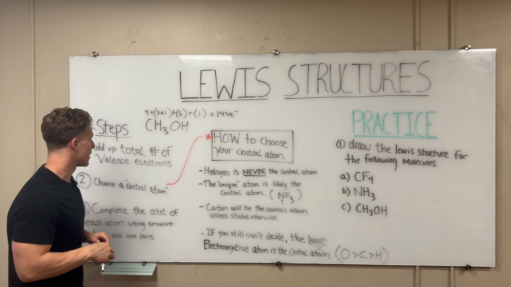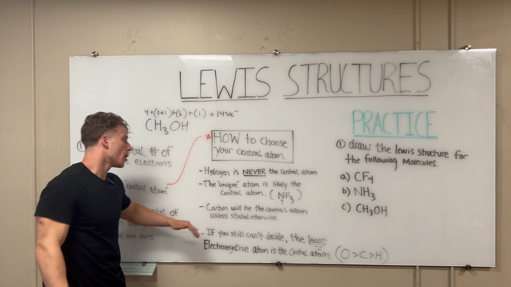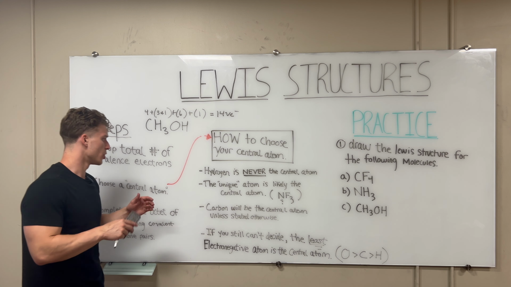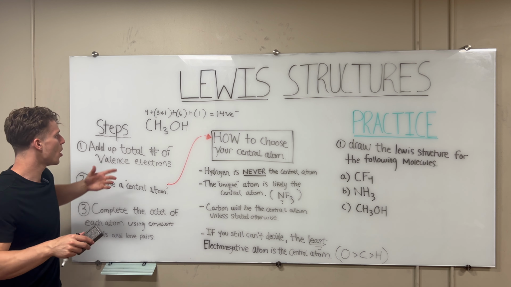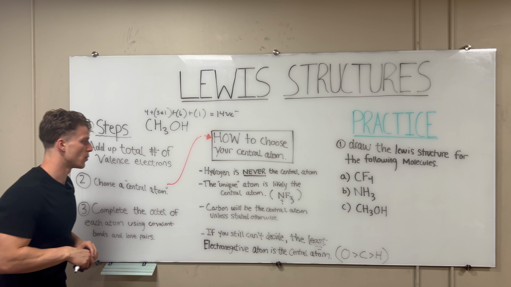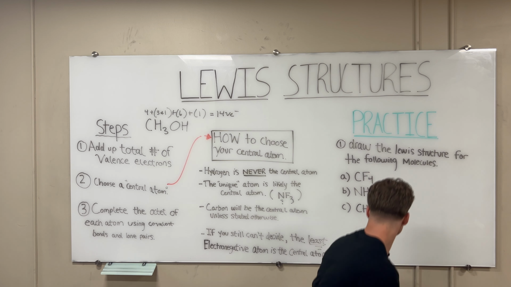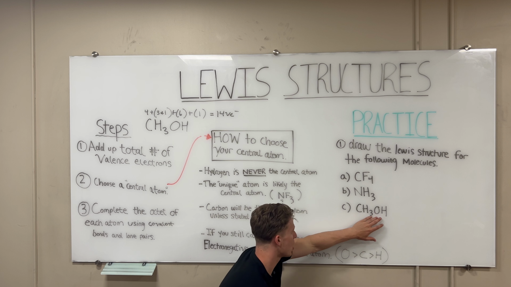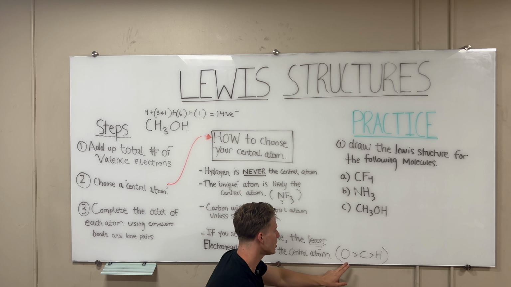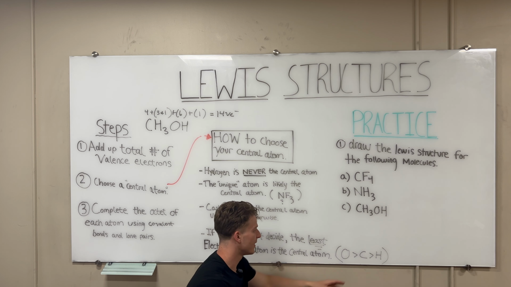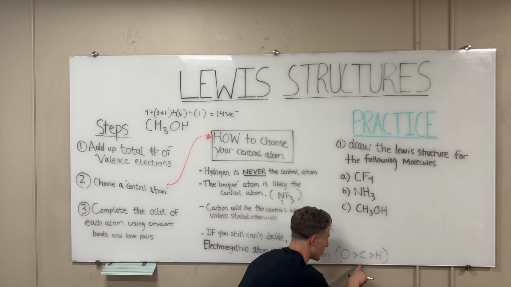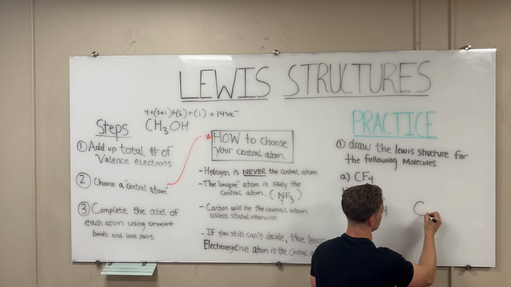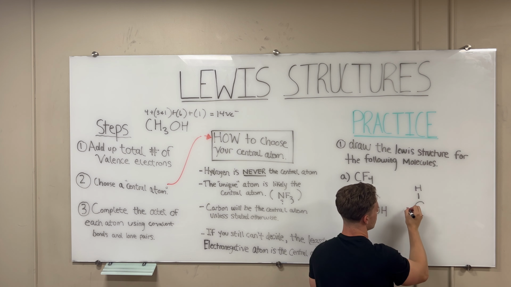So let's choose our central atom. I'm going to use the tip that carbon will be the central atom unless stated otherwise, right? It kind of points to the fact that carbon, if it's in a molecule, we're going to put that in the center and see where we go from there. So let's put carbon, right, and we know hydrogen's never going to be the central atom, right? And if we're confused between oxygen and carbon, well, oxygen's more electronegative than carbon, so I would say the least electronegative atom we should put in the center. So we have carbon in the center. We have 3 hydrogens bonded to it,